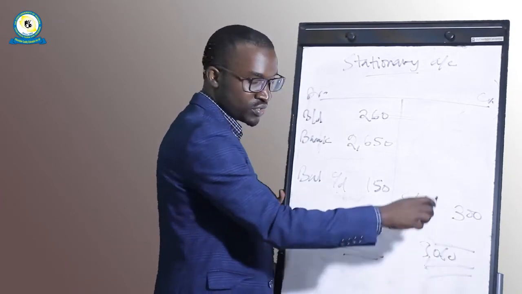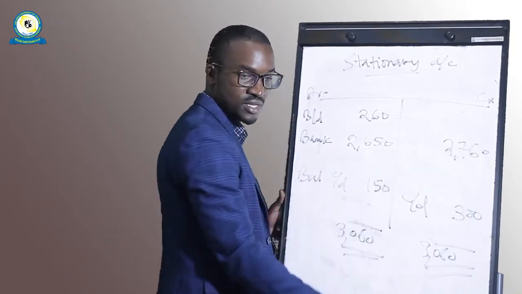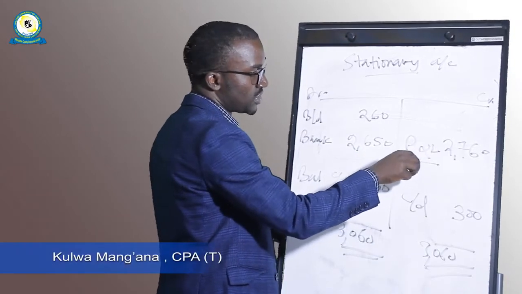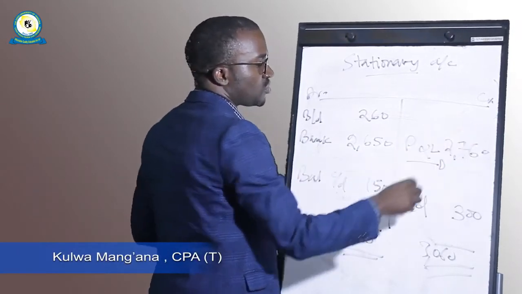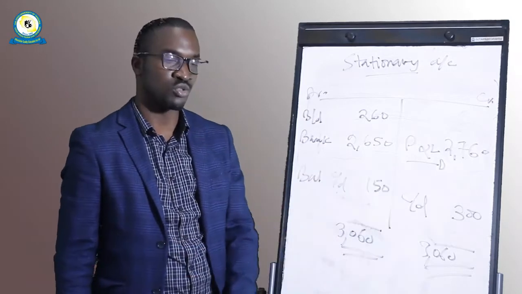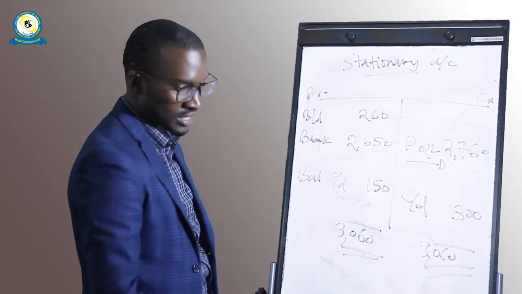If you deduct here, you're going to get 2,760. This is the amount that should be taken to the P&L. 2,760 should be taken to the P&L. Okay, so that's very, very important. But again,